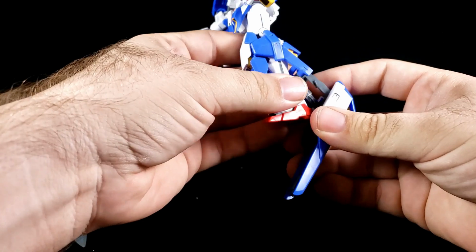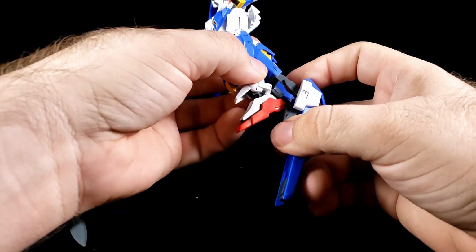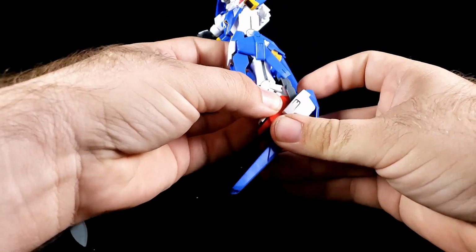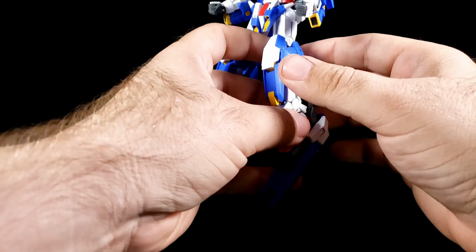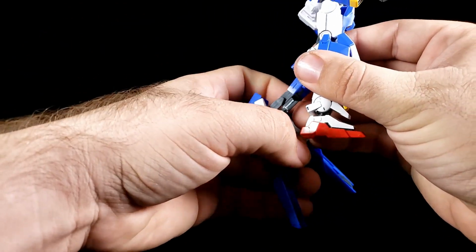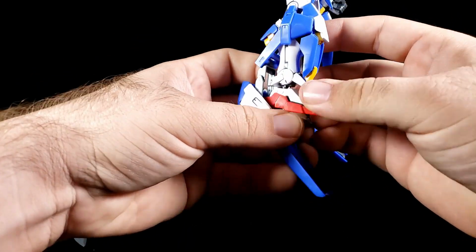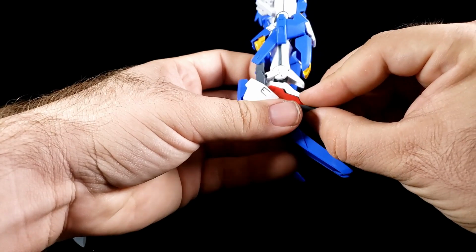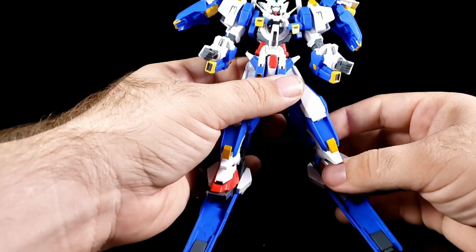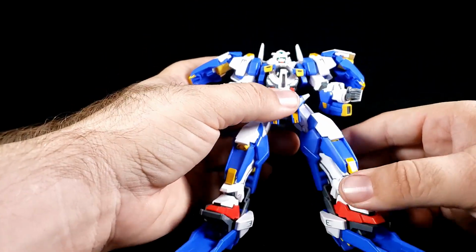And of course, if you're down for it, go ahead and do the same thing. Have the Avalanche area going on, like so. I kind of wish that some of these bits didn't have to interact with each other. It would be cool if you could pivot this without the foot being necessarily involved. There's almost too much interaction. But it's not a giant difference, and you can totally do an Astraea